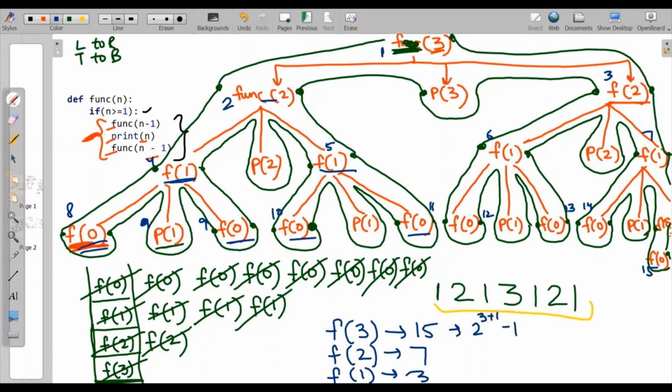So here 2 to the power 4 is 16 minus 1. And if we write in a sorted way, 2 to the power 2 plus 1 minus 1, 2 to the power 1 plus 1 minus 1. So we can also write, if there are n calls, 2 to the power n plus 1. So these are the recursive calls for a function.